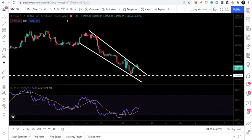Bitcoin has broken out another falling wedge pattern, and in today's video we will take a look at the next